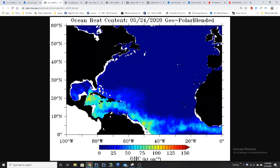Now, taking a look here at the upper ocean heat content numbers, this is updated as of yesterday. Let's see if they have it updated for today. No, they don't. Okay, so updated as of yesterday. The higher you go up on this scale, towards where you're starting to get into the greens and yellows, that is generally where you have the warmer water at depth. And then the bluish is where you have a little bit. And the further you go down on the scale to the dark blues, that means virtually very little